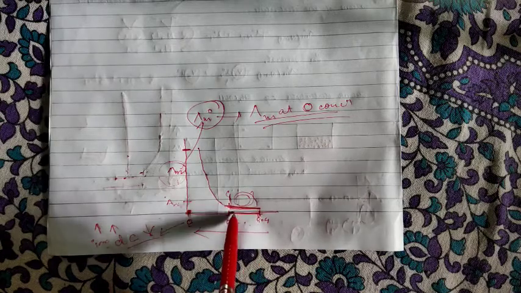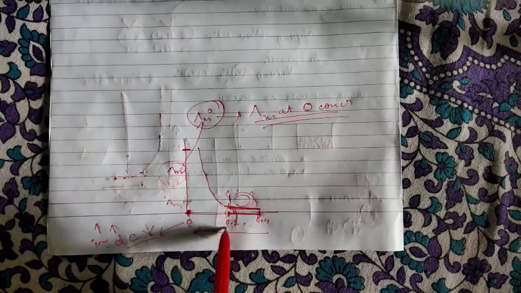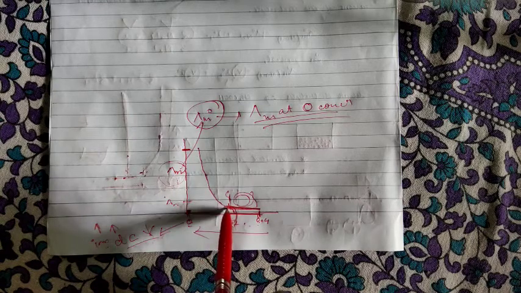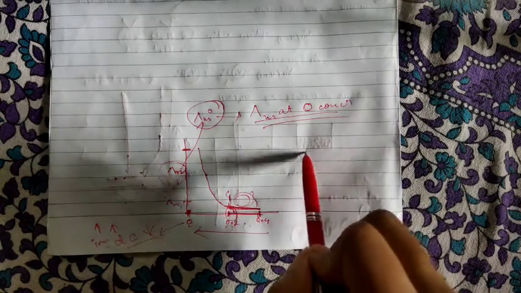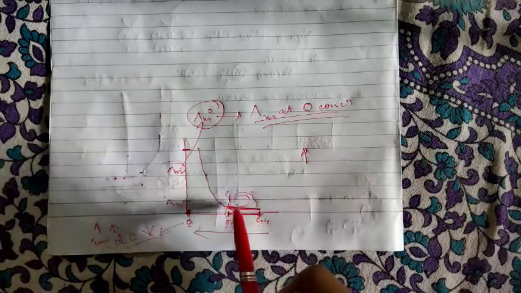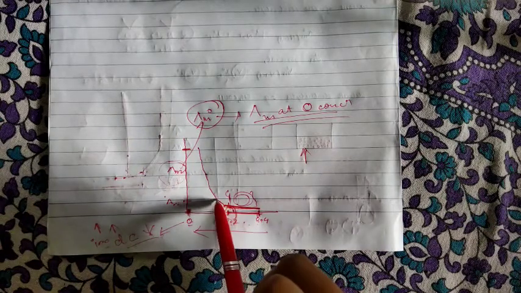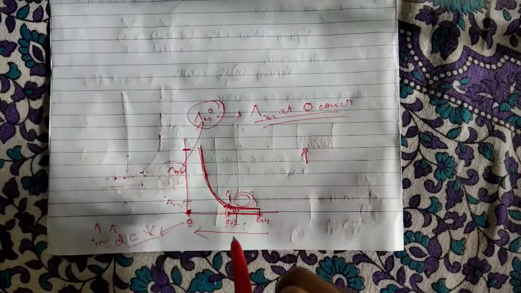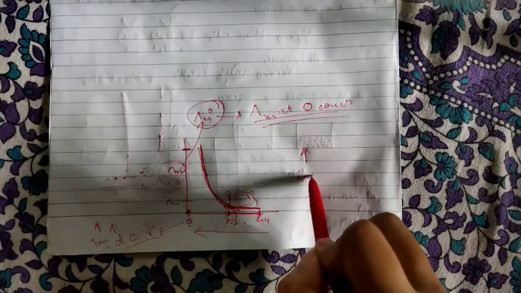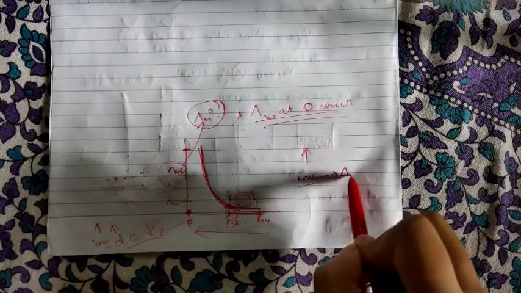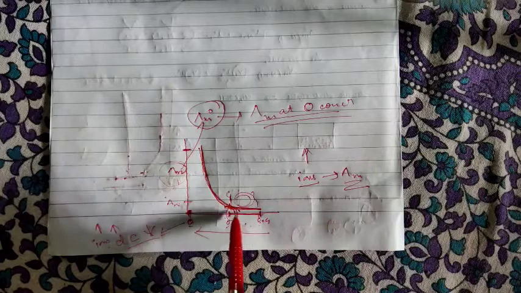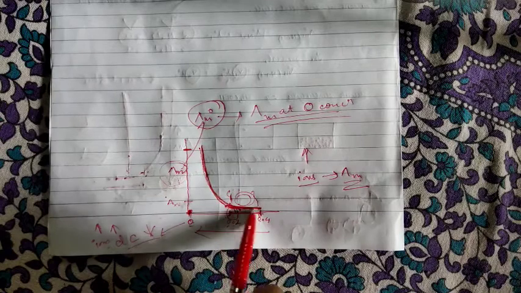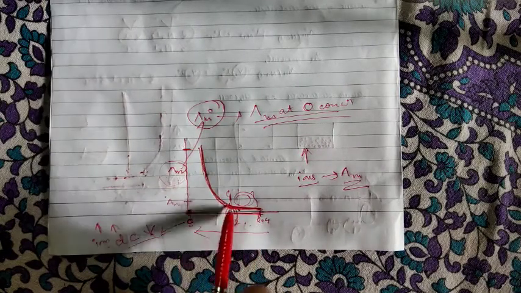Clear? Now at a certain point, above the 0.2 value, what will happen is that there will suddenly be so much formation of ions. At this point the conductance will also increase, and the molar conductivity will also increase. Clear? Because whenever ions are forming, only then is your lambda m possible. Here the number of ions was constant, so your lambda m was also constant.